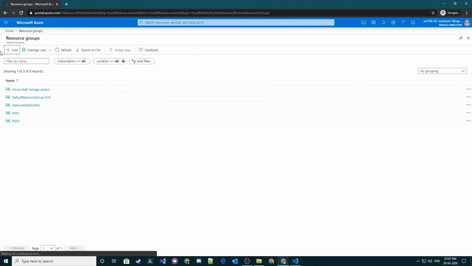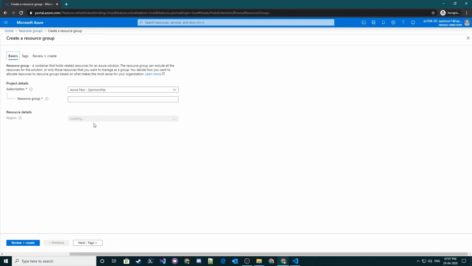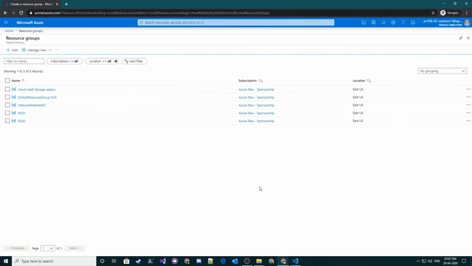If I try to create another resource group, RG10, it says you do not have permission to create resource group under subscription Azure Pass. So you can see I do not have permission to create a new resource group.